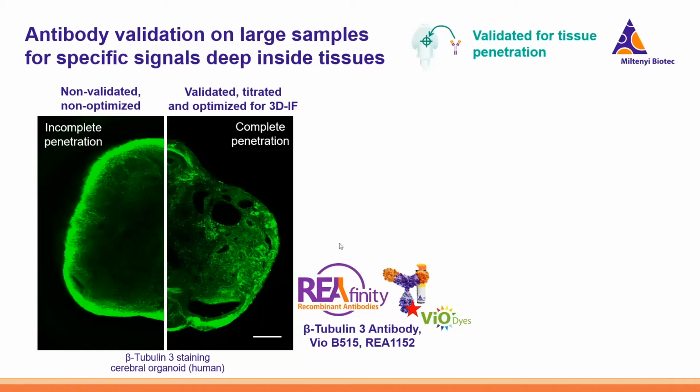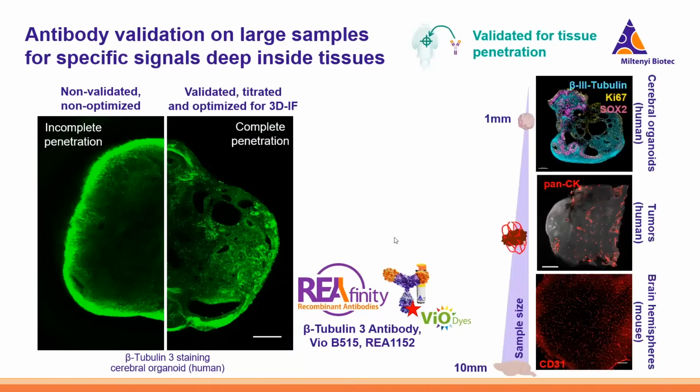This is now an example with a brain organoid, but we do this with different tissues of increasing size. So the largest 3D sample are the cerebral organoids. They are 1 millimeter in size, which is already a very thick tissue section if you go for 3D imaging. And it's definitely considered as a large sample. And you can see this here with these markers that we stained it with, showing a nice penetration inside the